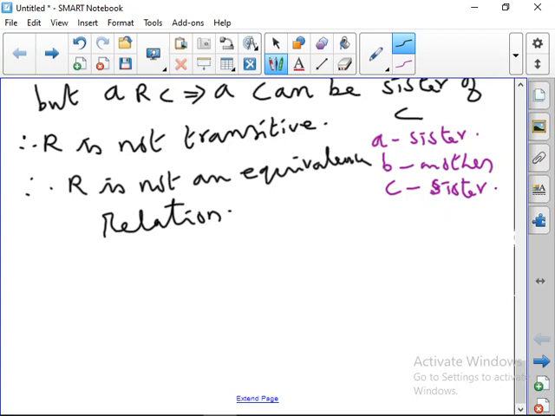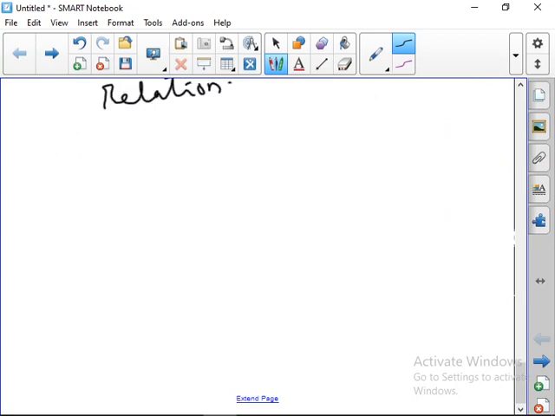So think and do it. Okay, here it will be reflexive, it will be symmetric, and it will also be transitive. Okay, all three will be there because we have taken the set as all family female members. Since we are taking female members, all three will be true. So it will be an equivalence relation. So you can do that for homework.